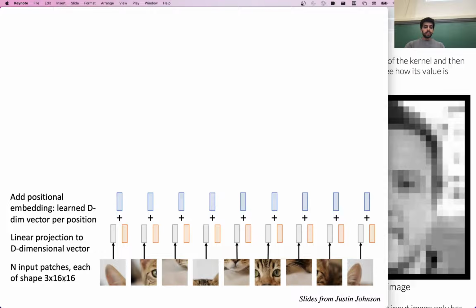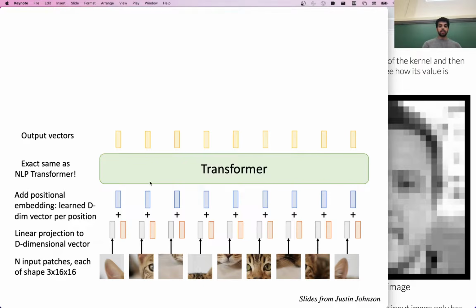So each of these is pretty small. You can think of it kind of like an embedding of that patch, except it's just the pixel values. It goes through this linear projection, it gets position embeddings added to it, and then you have the transformer that we learned about, the exact same thing that we use in text, no differences.